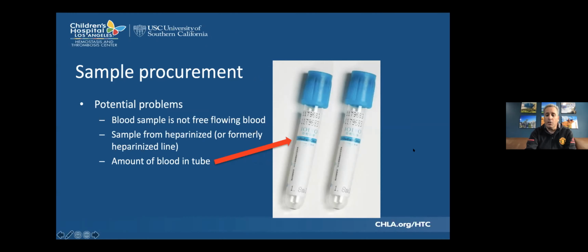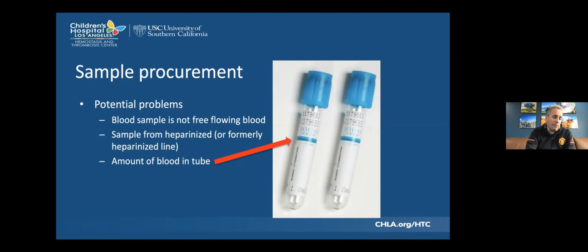I saw a quick question on the value of larger tubes. There really isn't a value with the larger tube. It depends on how many tests you're drawing. So for example, for me, I take care of bleeding disorder patients. So I see somebody come in with